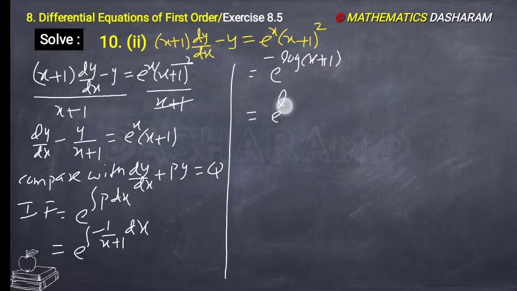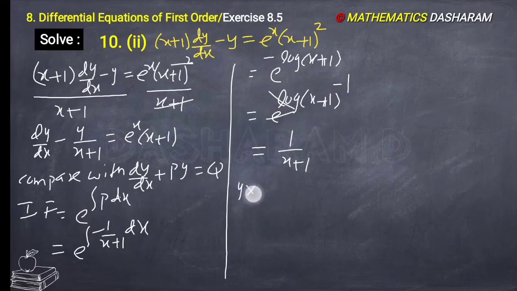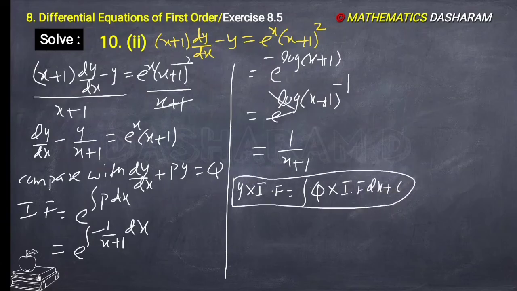So e to the power of (log(x+1)) to the power of minus 1, e and log cancel, then 1 by (x+1) is the integrating factor. Now the formula is y into integrating factor equals integration of q into integrating factor dx plus c. This is the solution. Then y into 1 by (x+1) equals e to the power of x